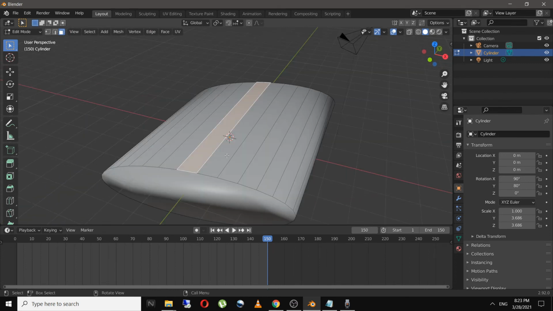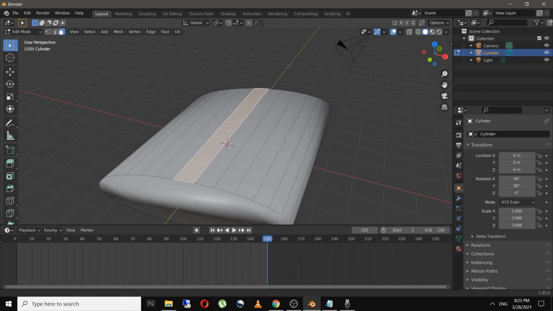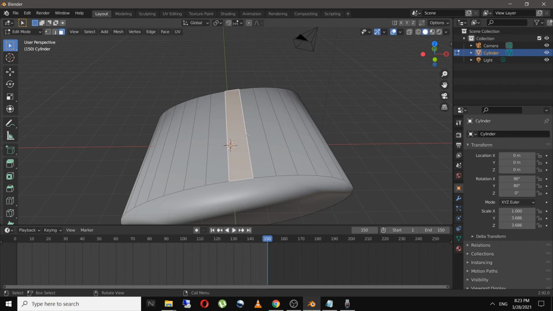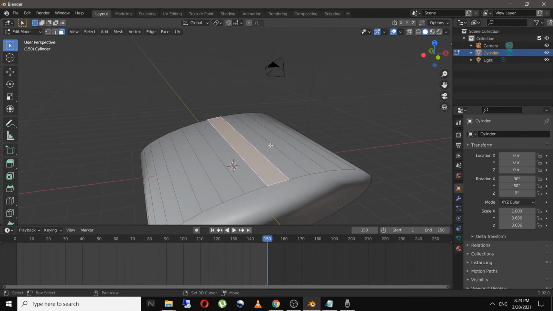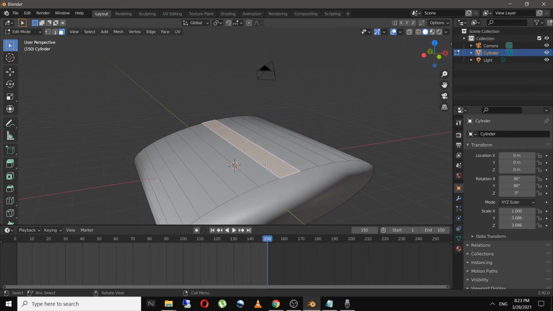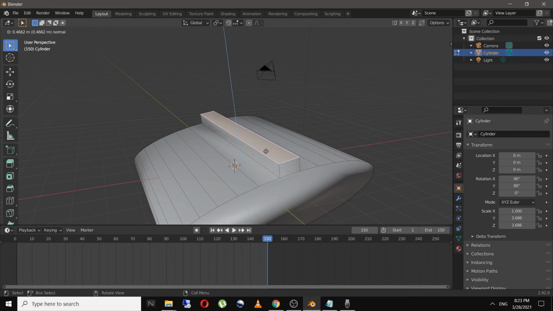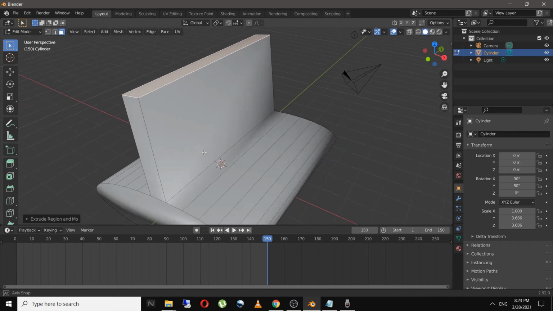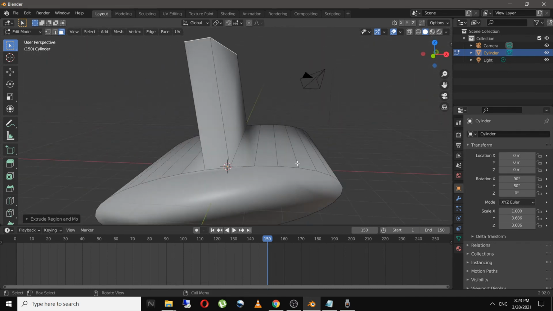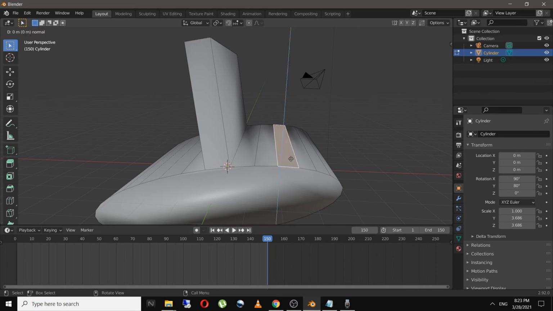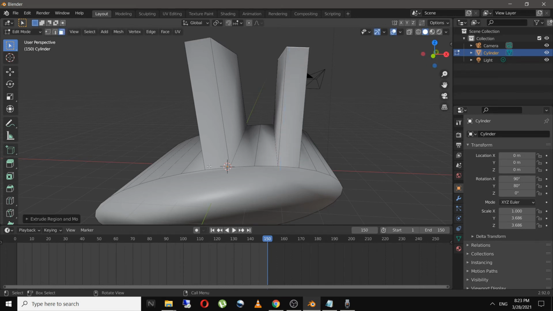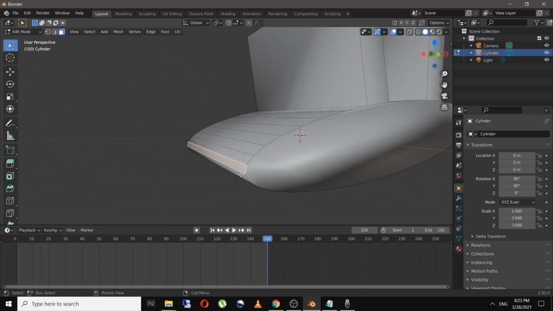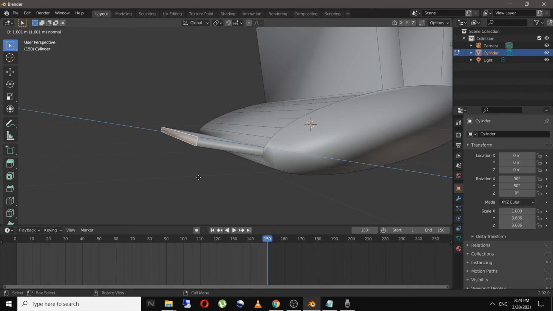And now for example, if I want to take this face out of the cylinder, or basically extrude it, I have to press on E, and this will take out that face of the cylinder. We can do it over here. Press on E, in here, click on E, just like this.